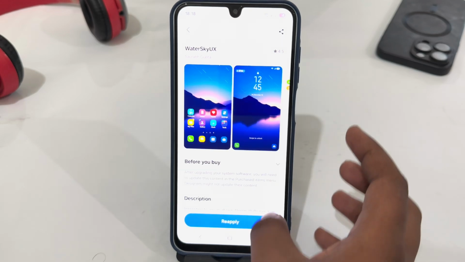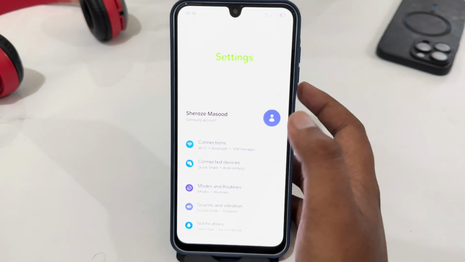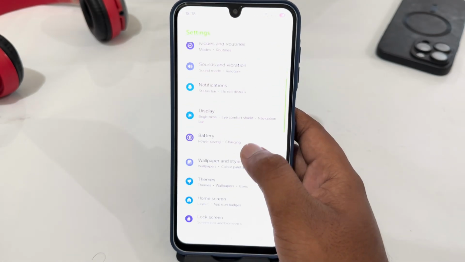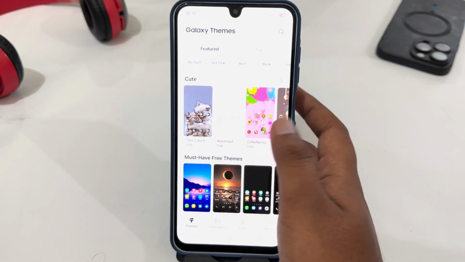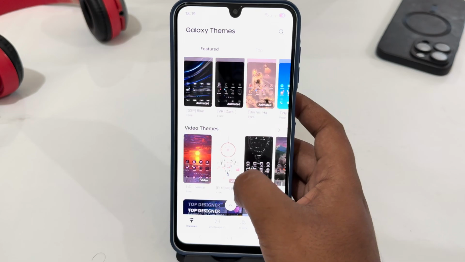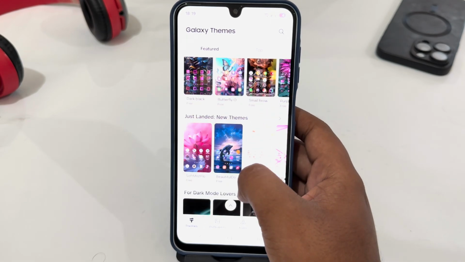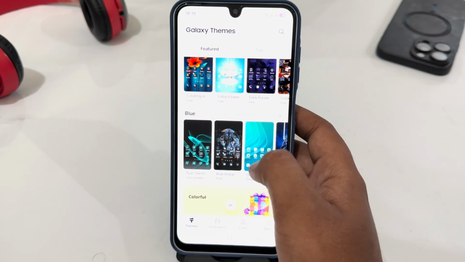In settings, just go from main settings. From here, just select themes, and here you will get different themes. You just have to select which one you want to select as your own theme. I'm going to select